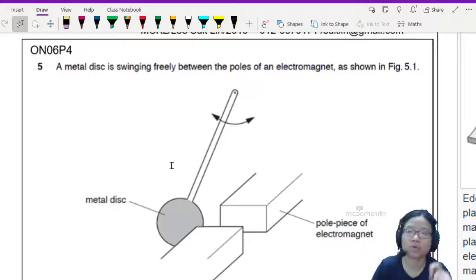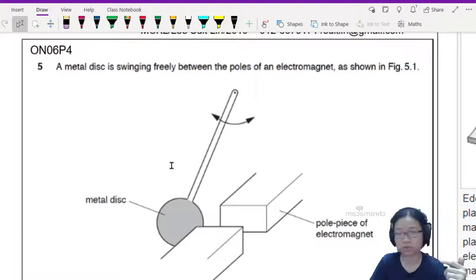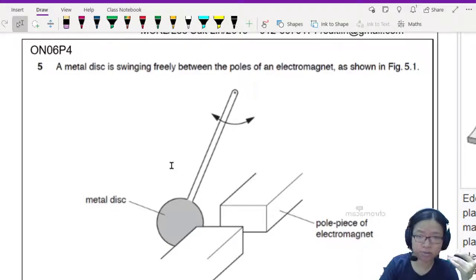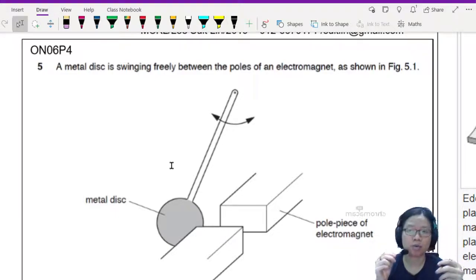In this video, we will talk about what is eddy current and apply laws of electromagnetic induction, which is from chapter 23 in your A-level syllabus. We will look at Lenz's law, Faraday's law, and also the reason why we pick such an old example is